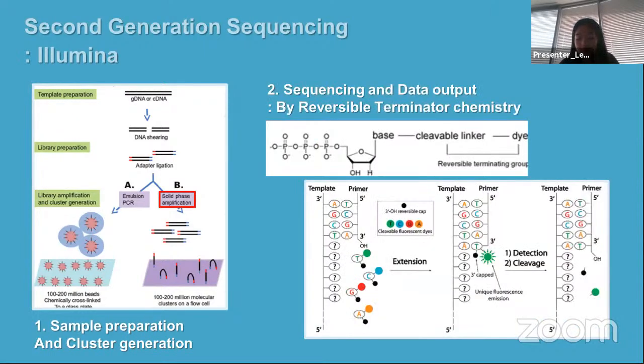Sequencing by reversible terminator chemistry uses reversible terminator-bound nucleotides in a cycling method that comprises nucleotide incorporation, fluorescence imaging, and cleavage. A fluorescently labeled terminator is imaged as the nucleotide is added, and then cleaved to allow incorporation